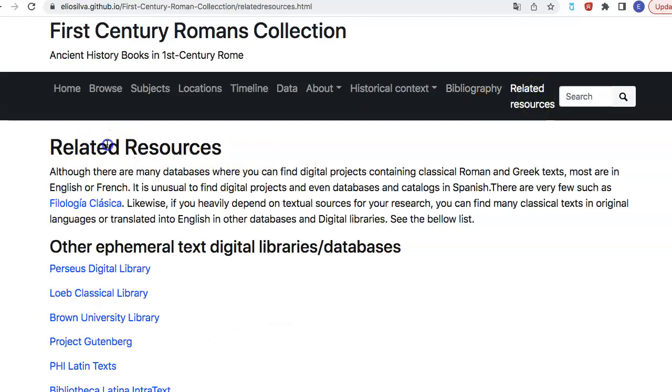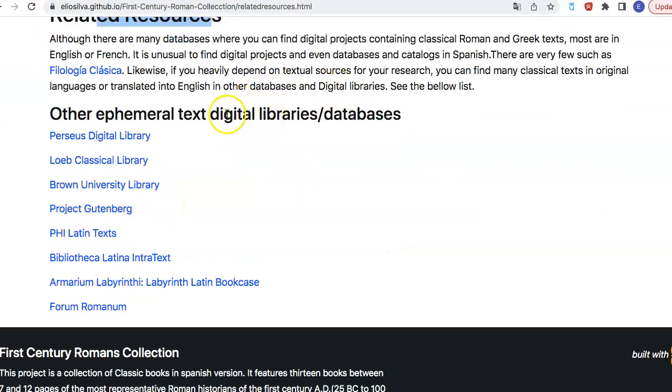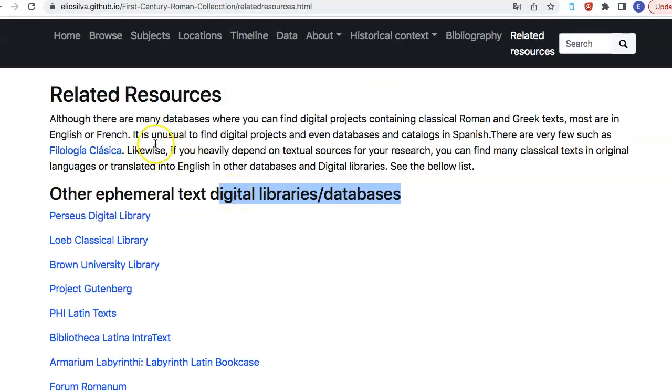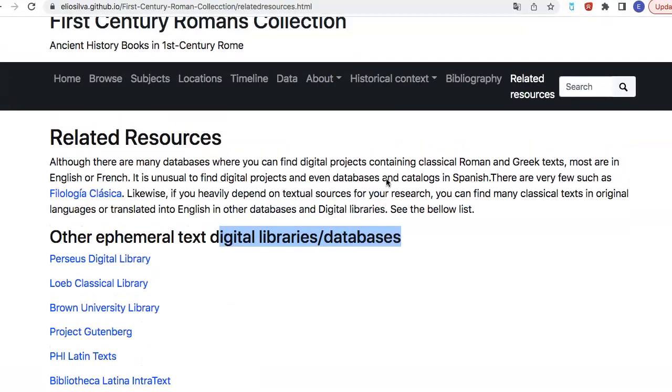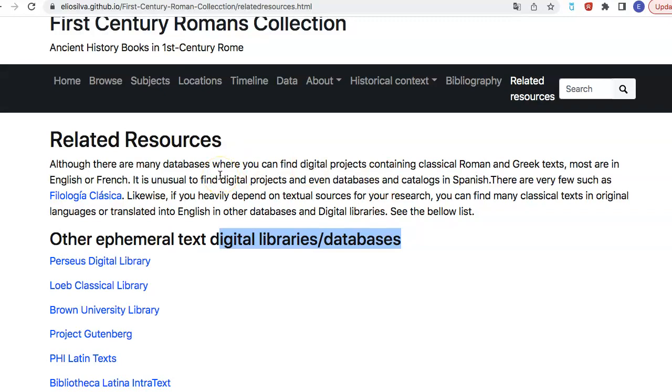In the related resources, you will see other digital libraries or databases. Unfortunately, there are very few digital projects and databases which contain books in Spanish regarding classics, because there are other databases which contain books about literature or other fields.